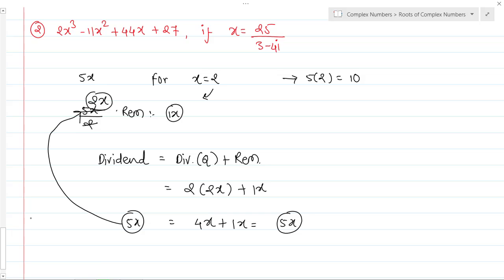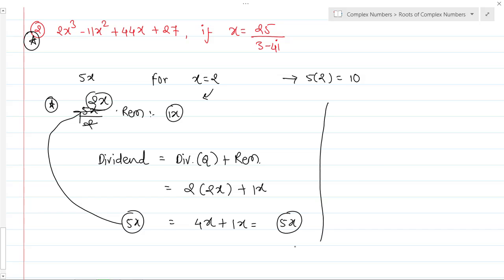With the help of the division approach we can solve these types of questions very easily. There is no need to find any x cube, x4, x5. Not at all. Just make use of this small concept and you will get the answer to all these types of questions. I hope you have understood this concept.